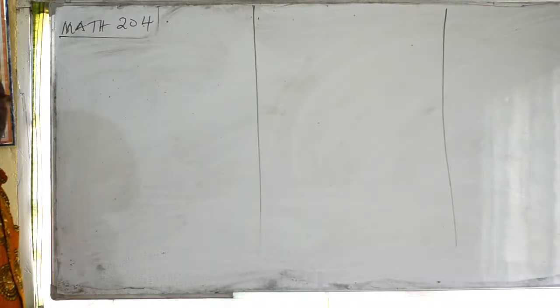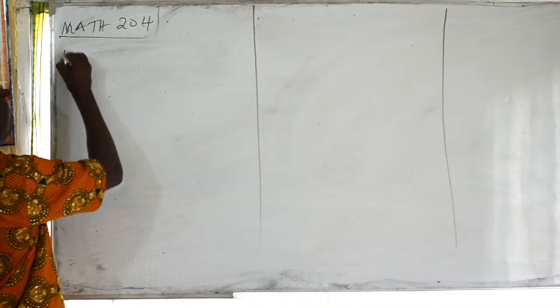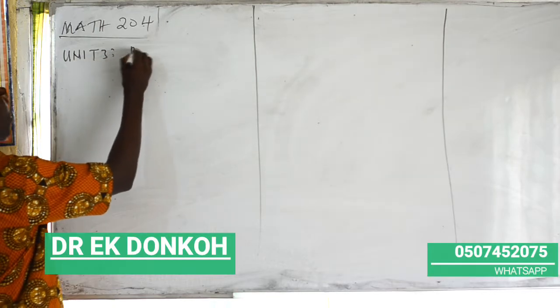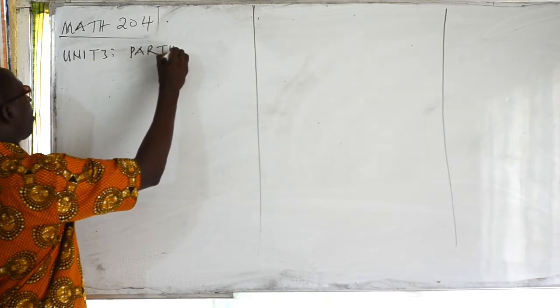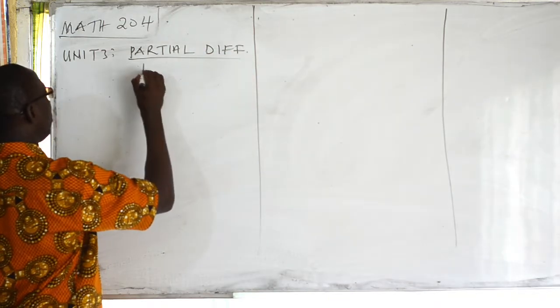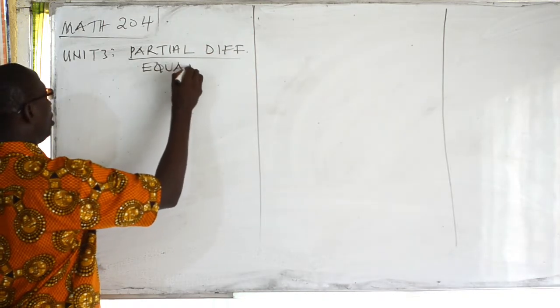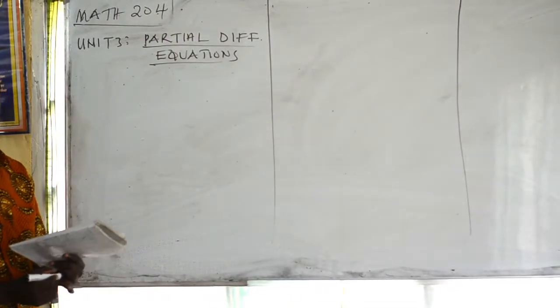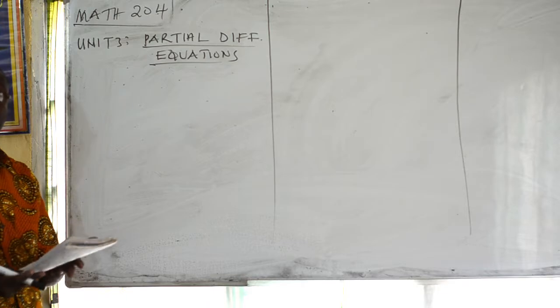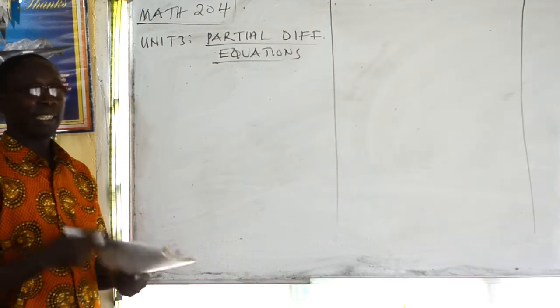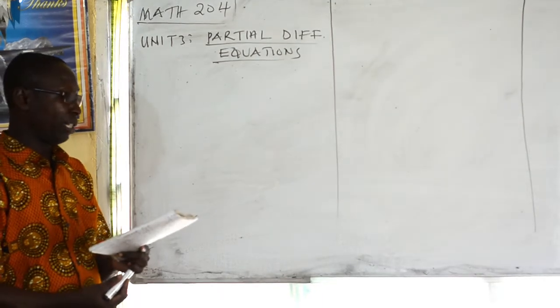So we move on to a new unit. That is unit 3, partial differential equation. Your partial derivatives. We should know how to differentiate partially. We have done this in engineering as well. So the first thing we will do under partial differential equation is